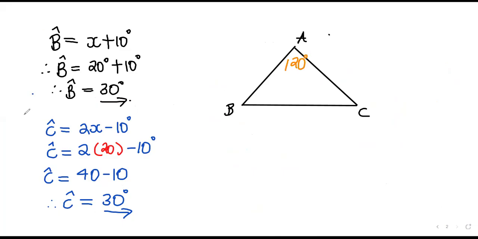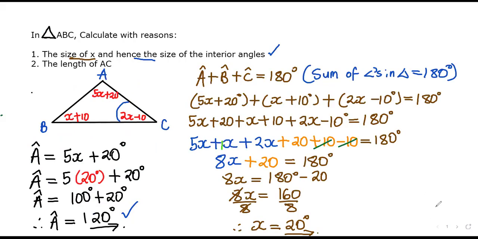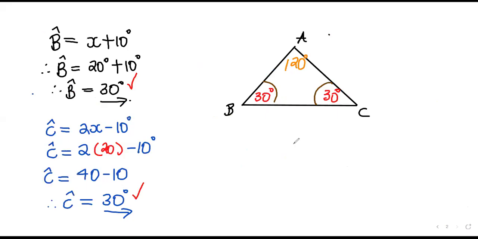And then with regards to the angles that are associated for B, we know that B is going to be 30 degrees based on what we got here. And then C is going to be 30 degrees based on what we got here. So I'm just writing it like this so that you can be able to see that the opposite sides are equal based on whatever we have calculated, right? And then when you go to number B, that's saying calculate the length of AC. So for you to calculate the length of AC, you'll just tell them to say